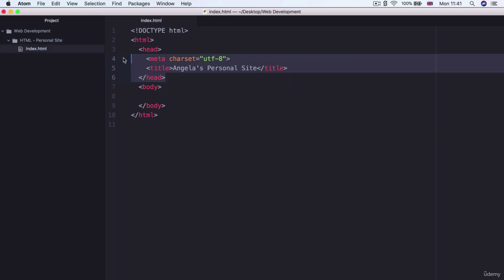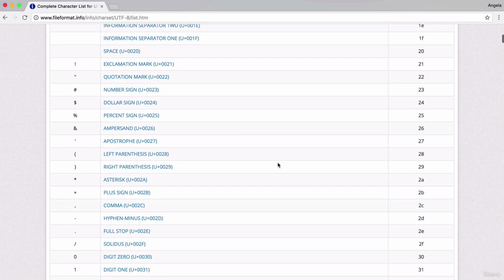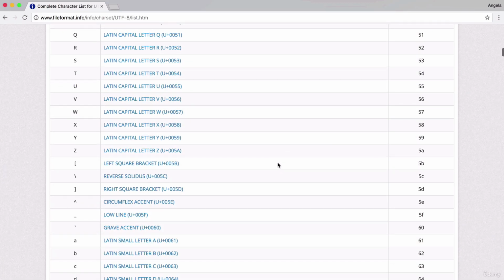Now, inside the head section, there's also this meta element. There's quite a few different meta elements, but this particular one is called character set. And the one that we're setting it to is UTF-8. Now, what does this line do? The meta elements give extra metadata or associated data to your HTML document. And in this case, we're telling the browser when it opens up this file that all the text inside our web page is encoded using the UTF-8 encoding system. So this is basically a list of all the available characters that we can use inside our website